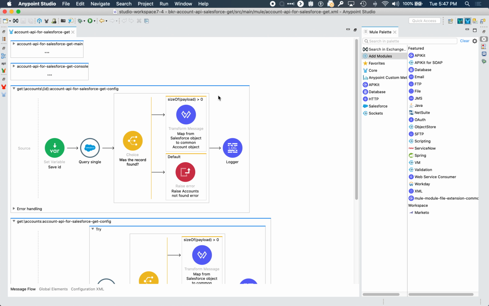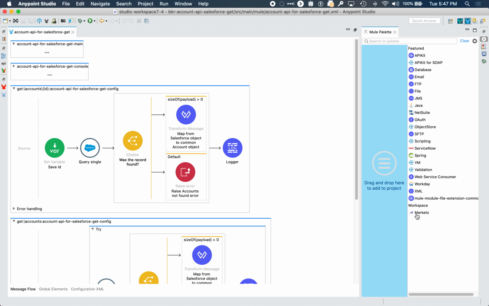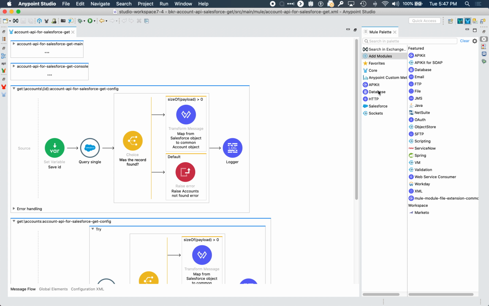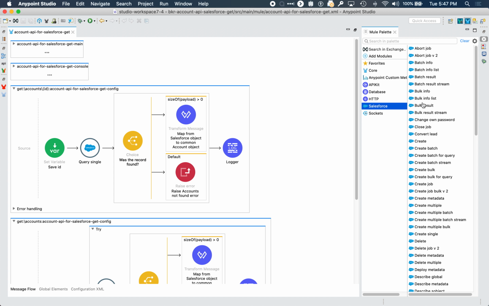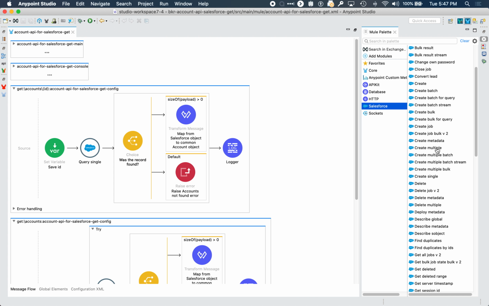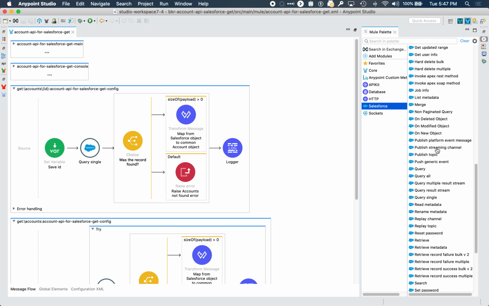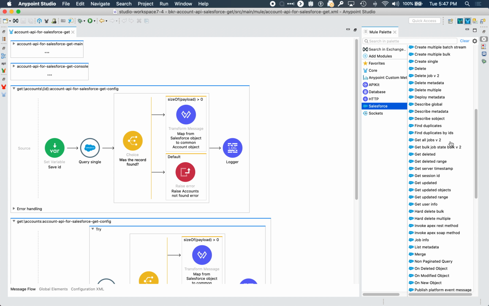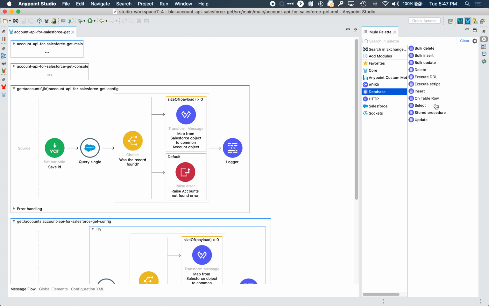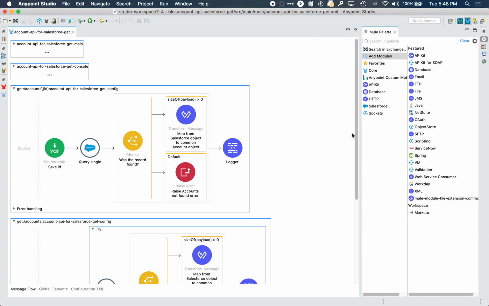And so if I think about how we would build that today, it's by generating an API from an API spec, generating the scaffolding that gives me the method implementations that I have in here. And now when I start building out my methods, it's simply drag and drop from the list of pre-built components that I have over here. So if I want to integrate with Salesforce, I have my Salesforce connector. I drag over the specific component that I want to use into the mix and just configure it. I don't have to write any code. Or if I want to call a database, I just drag it over and drop it, and I don't have to write code. So we have a lot of different modules that we deliver as a part of this,